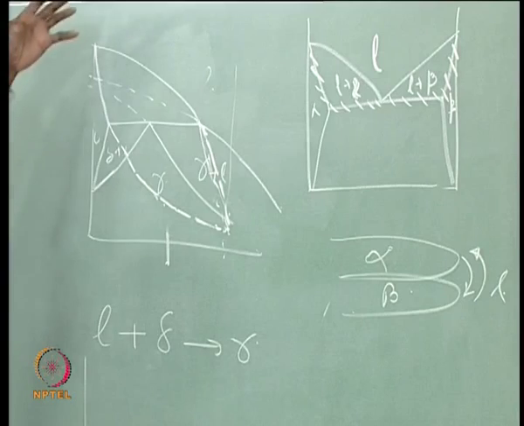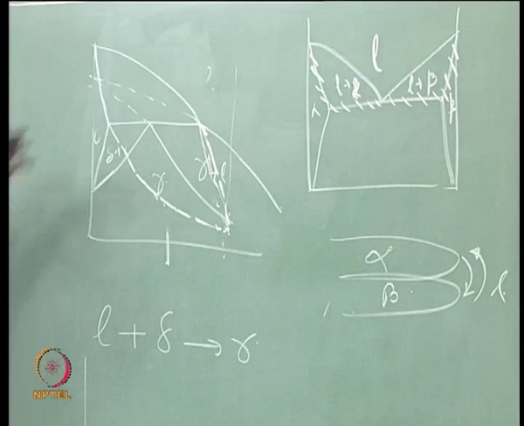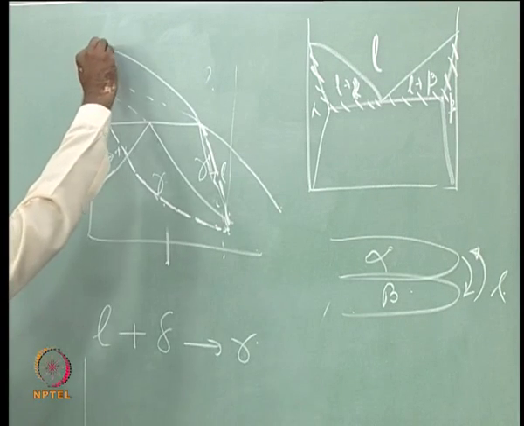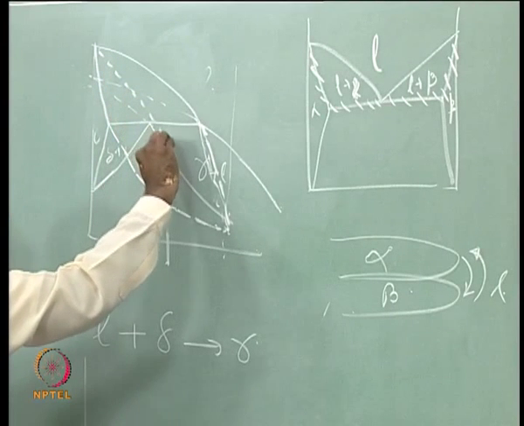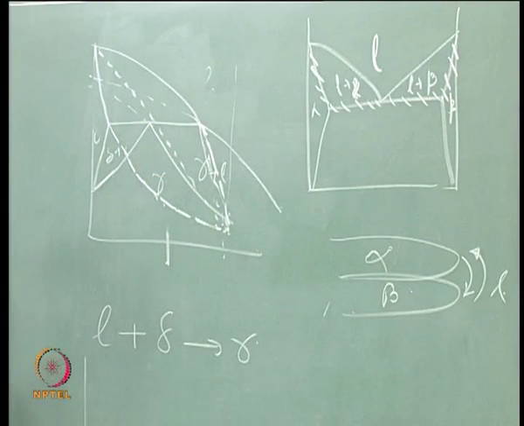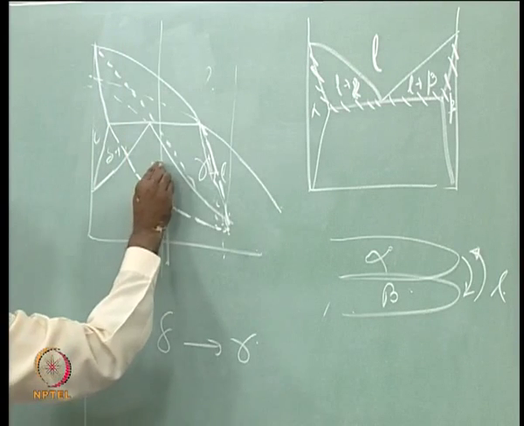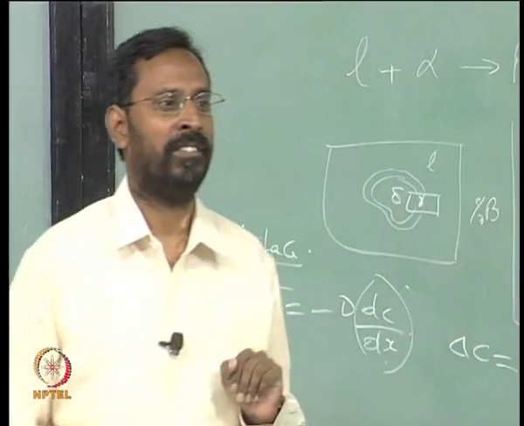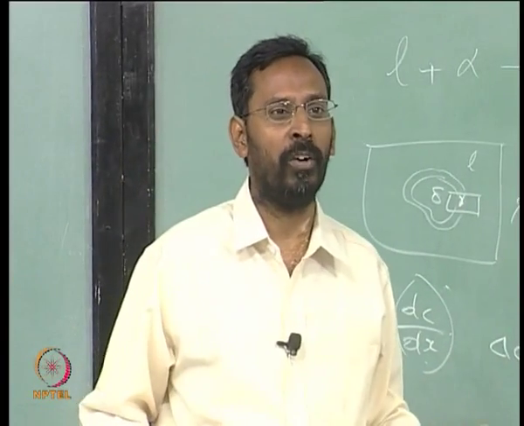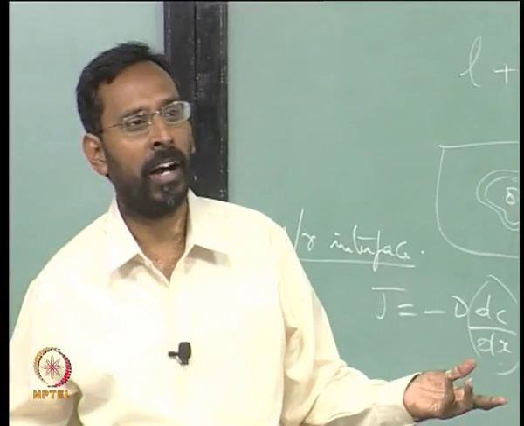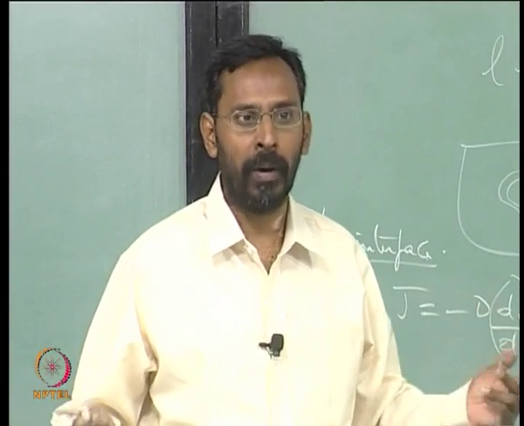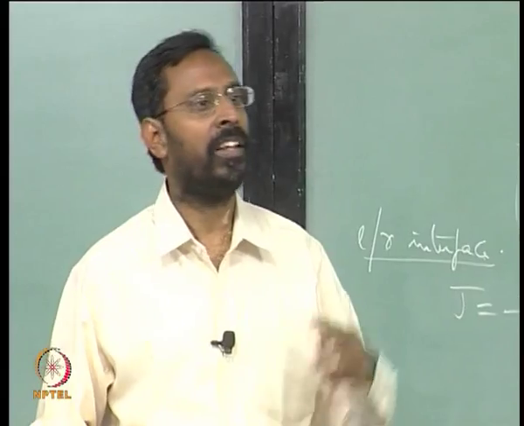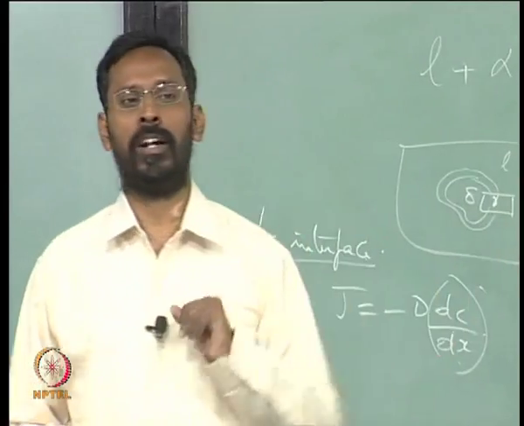And now, if you cool this liquid rapidly, you will see simply only delta coming out, and if I can calculate what is called the T naught curve for the liquid delta, and if I do my undercooling such that I am below the T naught, I will get a partitionless solidification where liquid transforms to only delta, and in principle after the reaction is over I will see only delta, there is no gamma at all, provided my cooling rate is fast enough that there is no time for such a reaction to occur.